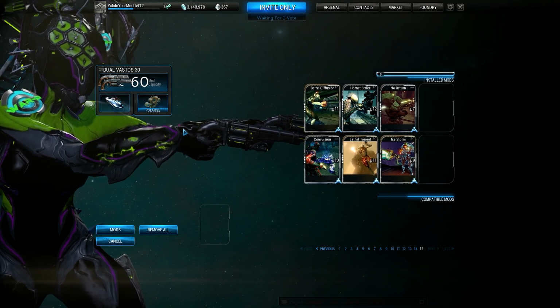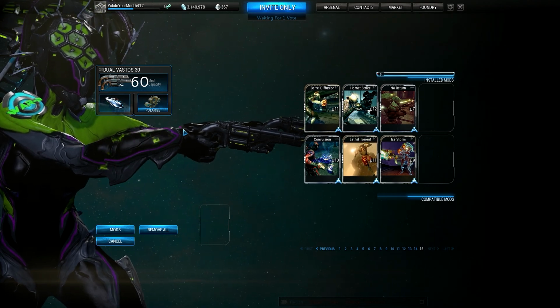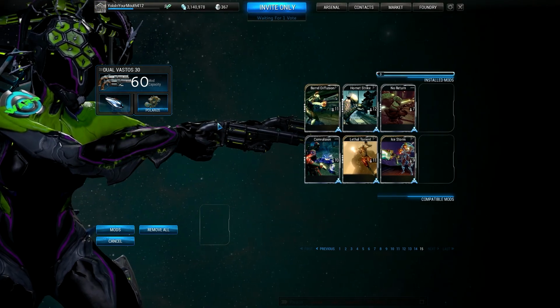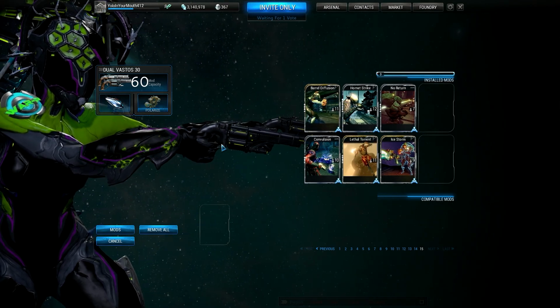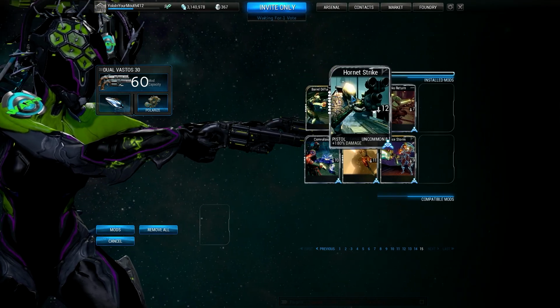When using that crit build, you need to be going for headshots because of the multipliers. Otherwise, your crit build is really going to lack. I mean, you can still do good damage, but it's gonna be way less than if you were hitting those headshots. Now, with this build, Corpus and Grineer, you want to go with a Barrel Diffusion, Hornet Strike,